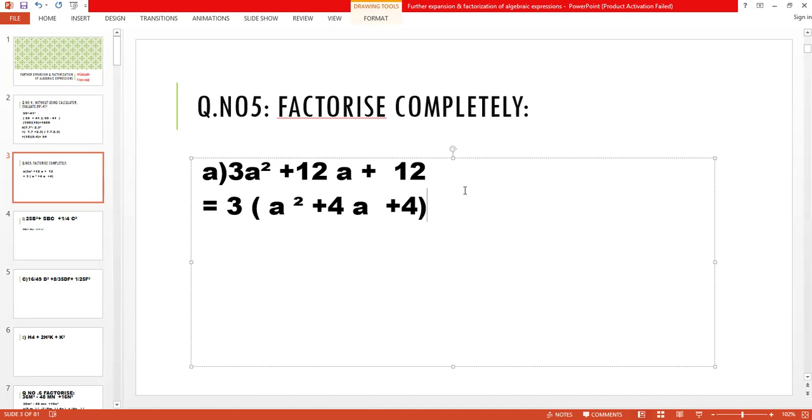ठीक है, अब हम इसको सॉल्व कर लेंगे. 3 हमारे पास कॉमन में ही रहेगा, हम ये ब्रैकेट लगाते हैं. Okay, a square is the square of which number? It is the square of a, obviously. A into a, it is equal to a square. Next, formula का plus, formula का 2, then first term क्या है हमारे पास, single a.